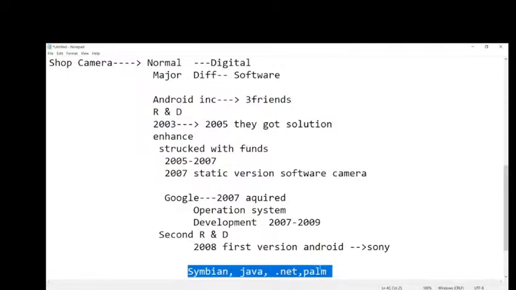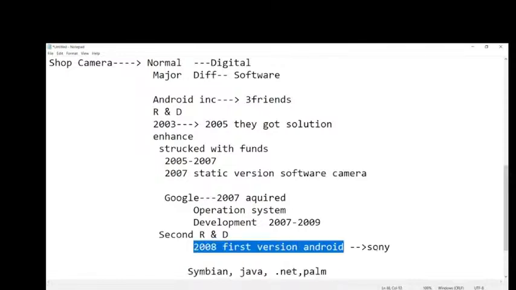In 2008, what was the version first released in the market? With that also, people cannot install any new application apart from what the manufacturer has given.